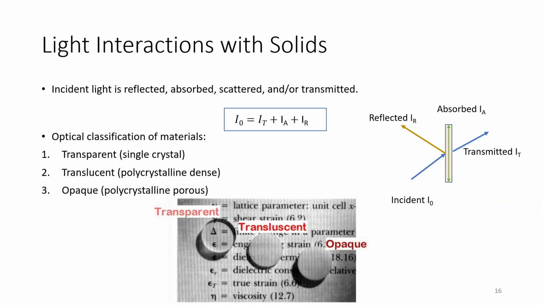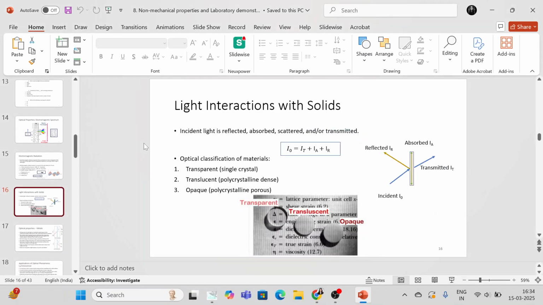Light interactions with solids. So the incident light is I naught. It can be divided into three parts. It is partially absorbed, partially transmitted, partially reflected. So the addition of all these three should be equal to the incident light. In the optical classification of materials, a material can be either transparent,